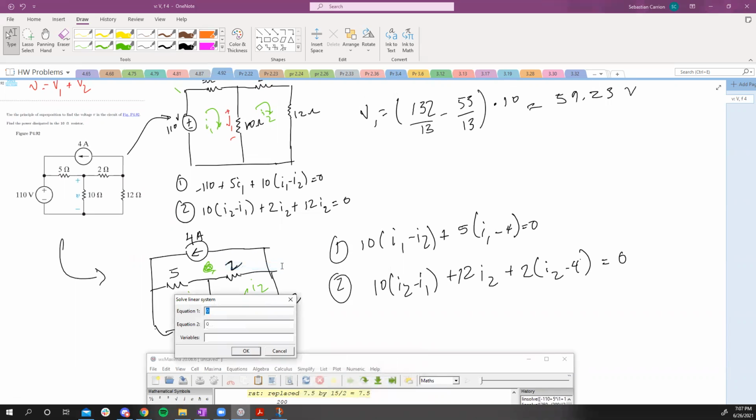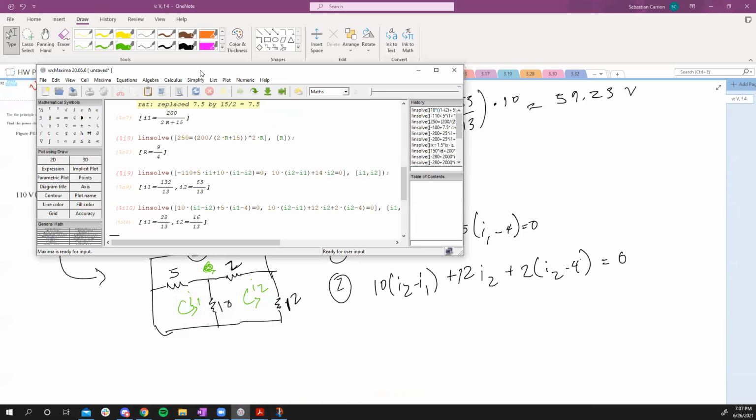This equation equals 0. Minus I1 plus 12 times I2 plus 2 times I2 minus 4 equals 0. I1, I2. So we get these values, and we know that